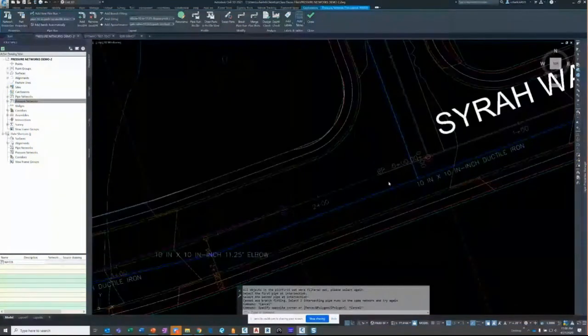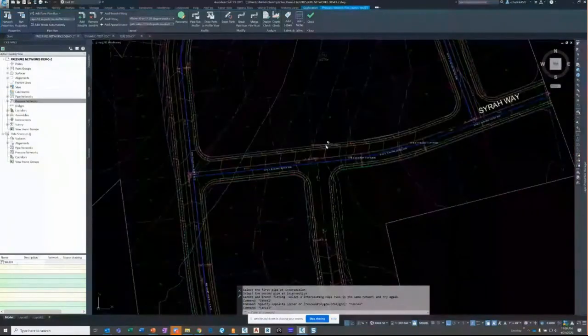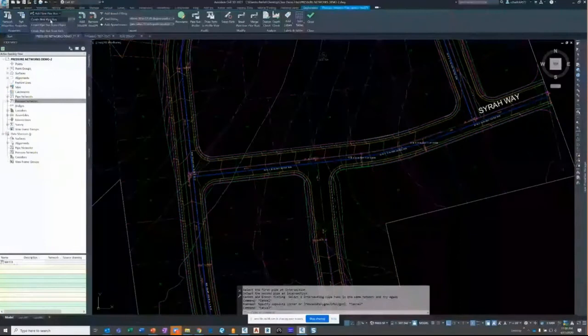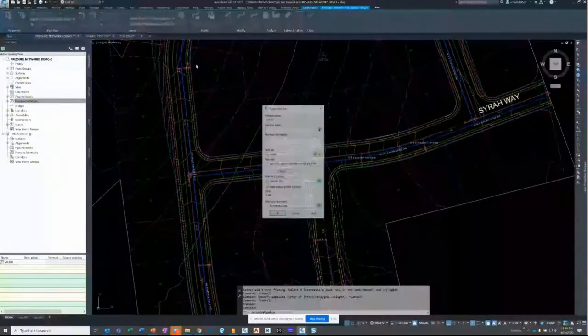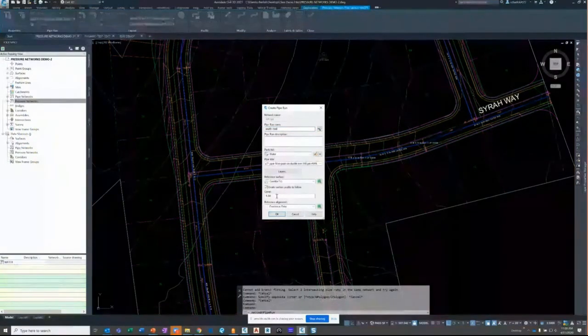If we wanted to just simply create our new pipe run just by clicks and picks, we can go over to our add new pipe run and create new pipe run. It's going to ask us for our name, and we will call this one South Road because I can't see that road right now. We're going to tell it what surface we want to reference, our corridor FG, the amount of cover we want to add,